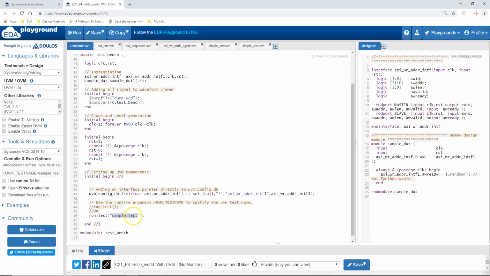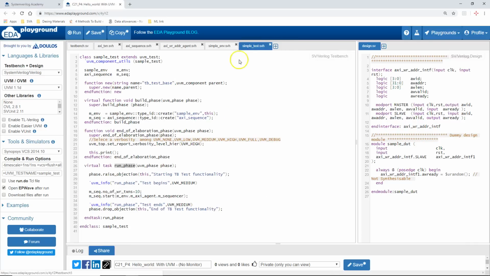So when you call run_test by giving the test class name as the argument, it will internally create an object of that test class, and it will eventually call the run method within that test class. Let me explain this process a little bit more. When you call the run_test method in UVM, the UVM mechanism will eventually call the build phase of the top class, the argument class which is passed here.